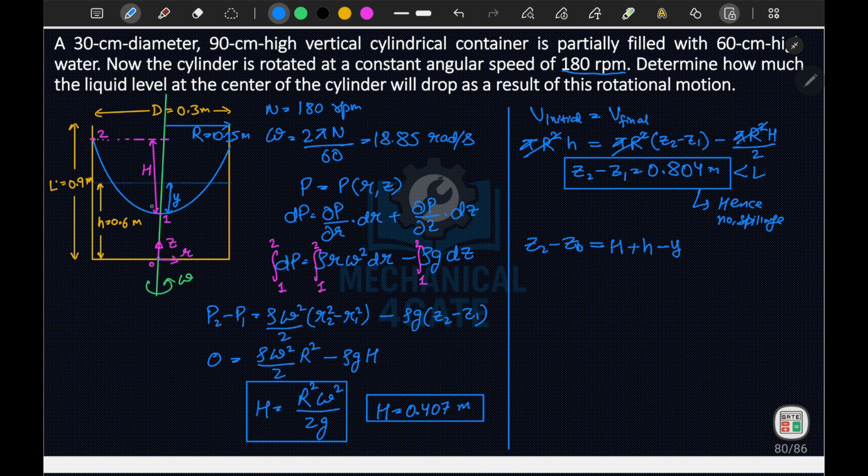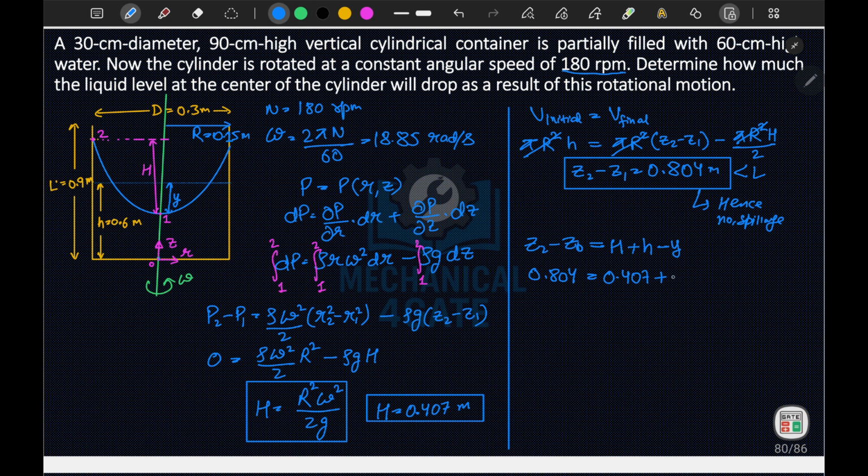Like in capital H, y is already included, but in small h also y is included. So capital H plus small h minus y is equal to this value. So if I solve this here, 0.804 is equal to capital H, which is 0.407,